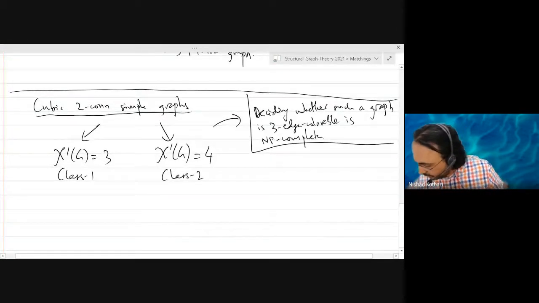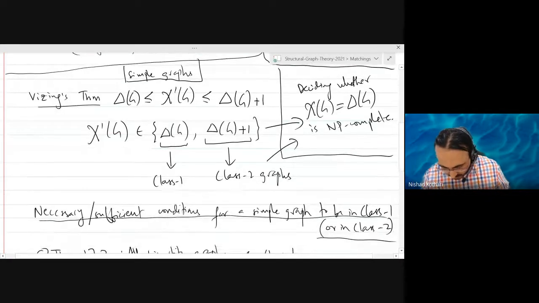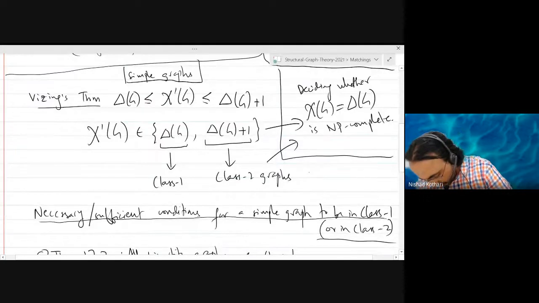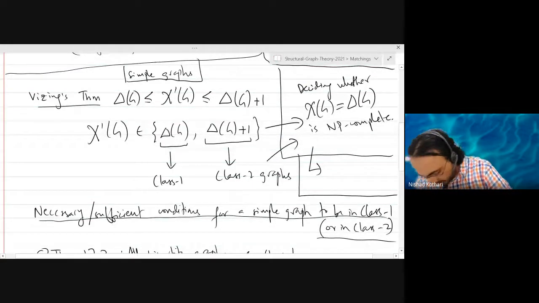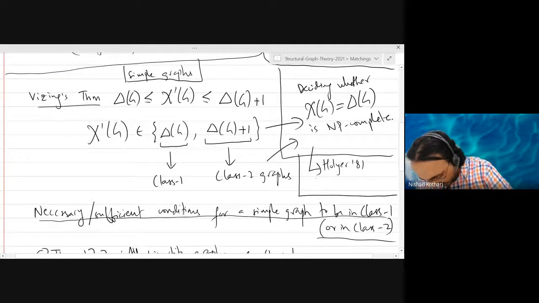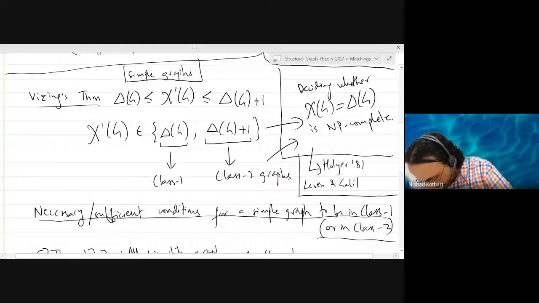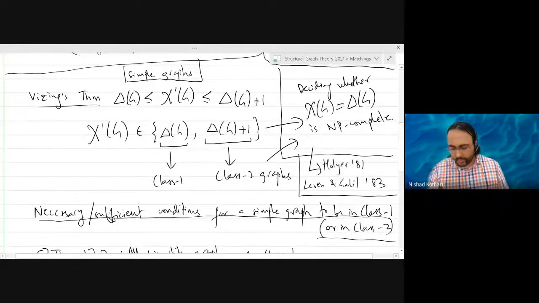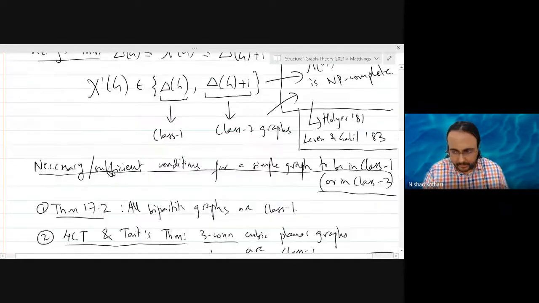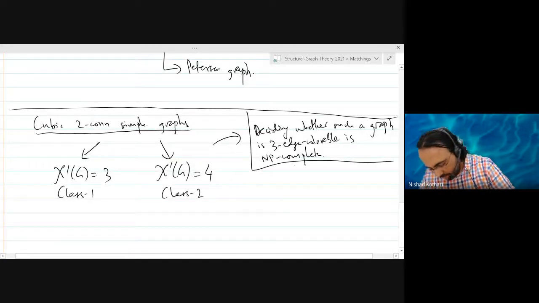This was proved by, actually the more general result I told you, this was proved by two researchers independently, or two groups. One was Holyer in 81 and another was Leven and Galil. They proved it in 1983. Generally called Holyer's result. So even in the case of 3, this is actually an NP complete problem.